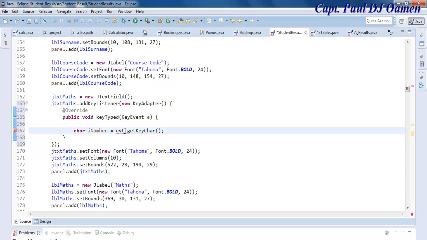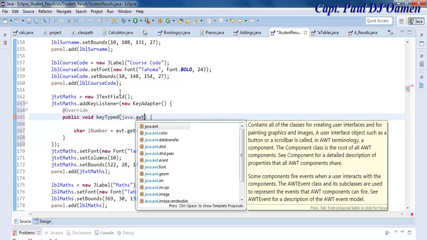Alright, we end up with this error because we don't have the key in the character here, the event I mean. So what we need to do is, let me just change that to Java dot abstract windows